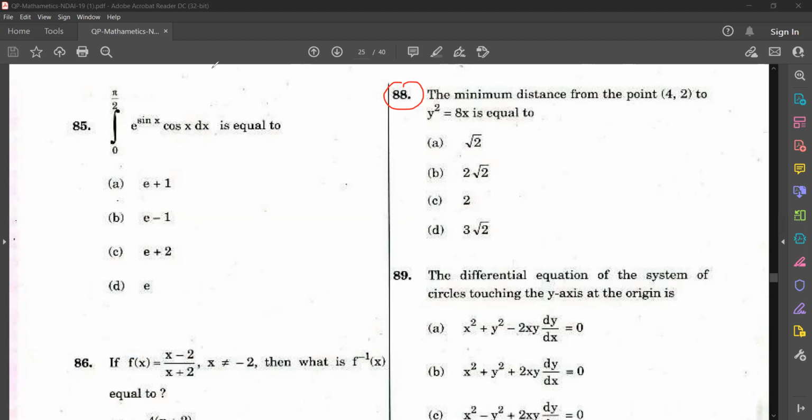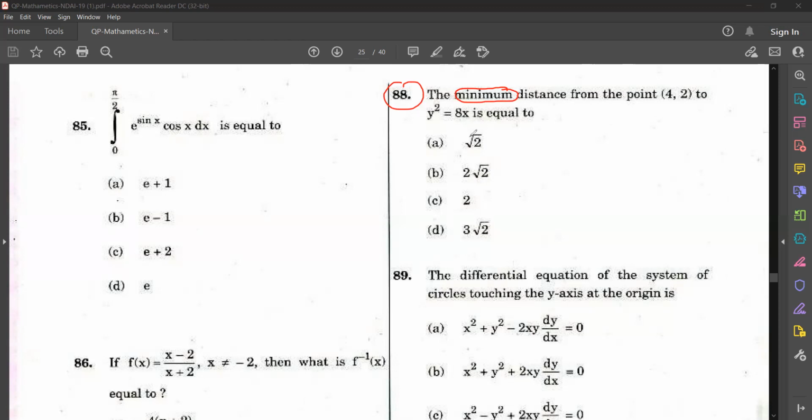Okay, so what is this? From which chapter is this question? This is a question from maxima and minima, isn't it? Are you able to understand the chapter? This is a question from applications of differentiation, the topic maxima and minima. Now, I'll show you how to do this question.